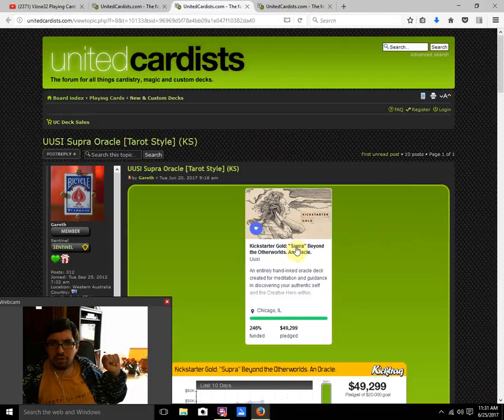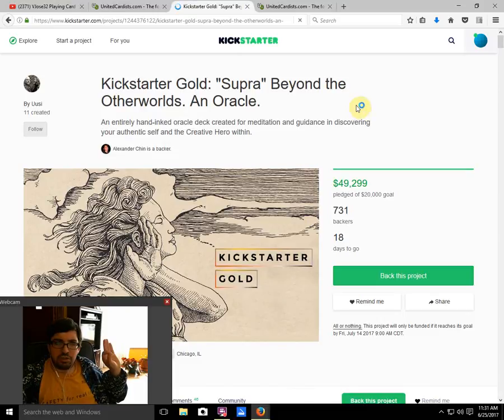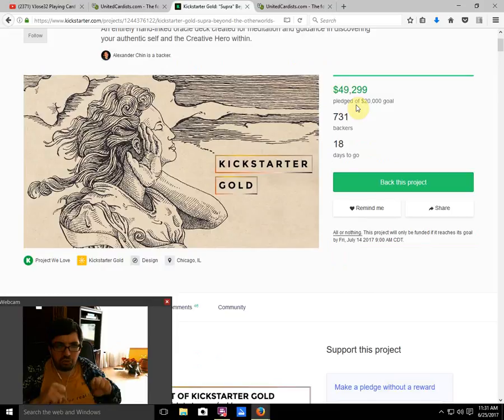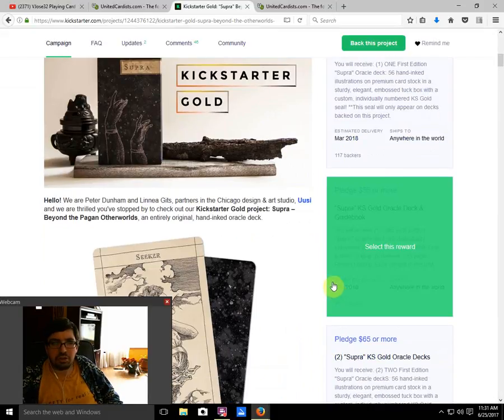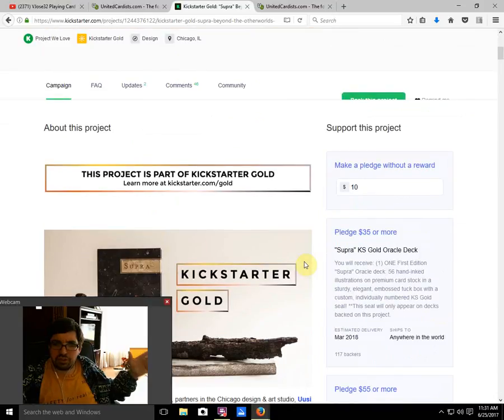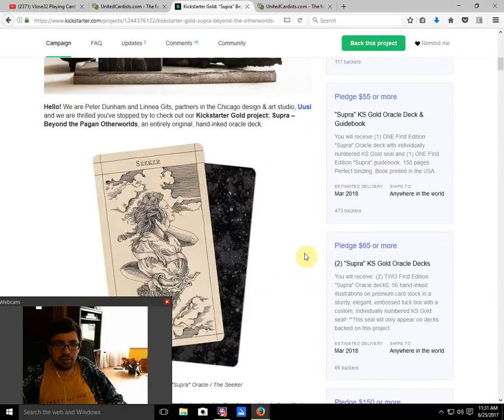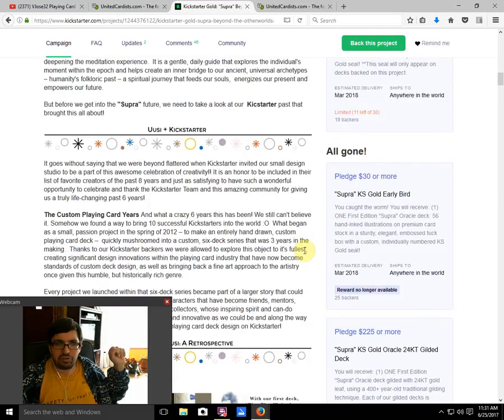And then, to mention this one, this is a new one from Usai. It is the Supra Oracle deck. It's not a tarot deck. It's not a playing card deck. But it is well funded. 18 days to go. It's part of this new Kickstarter gold thing. Whatever the hell that is. But it's an Oracle deck. It's nice artwork. But it's $35. It's expensive. And I just paid him a lot of money for the Eros Tarot deck, which I'm waiting on still. So I don't know if I feel like...